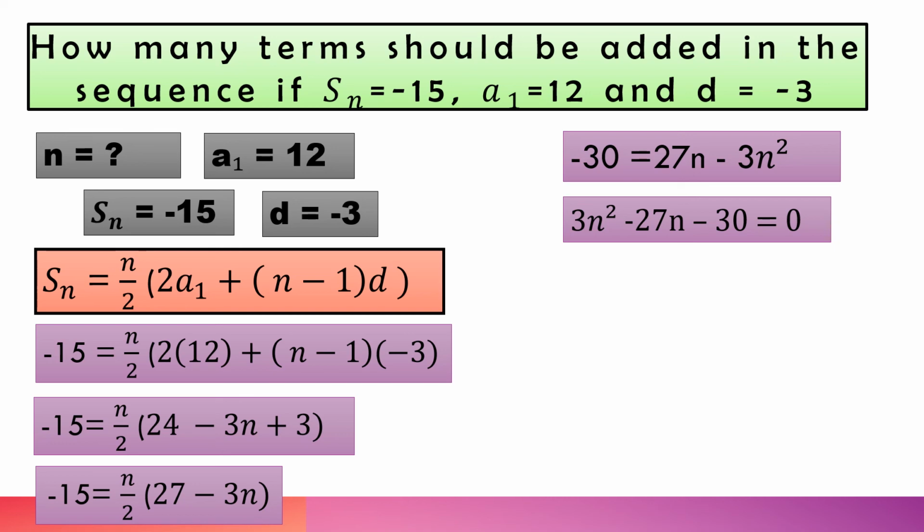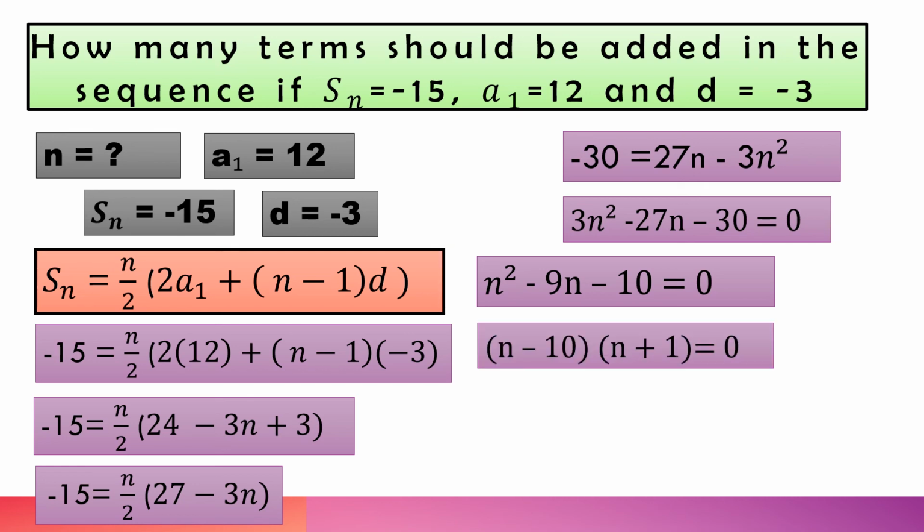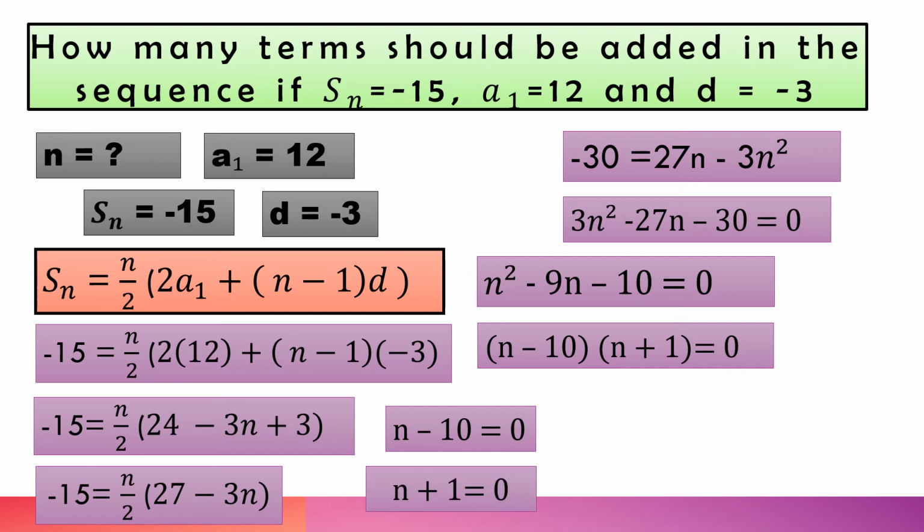Since all terms are divisible by 3, let us divide the whole equation by 3. That is equal to n squared minus 9n minus 10 is equal to 0. Factor out the quadratic equation that is equal to n minus 10 times the quantity n plus 1. Equating both factors to 0, we will then have n minus 10 is equal to 0 and n plus 1 equals 0. Solving for the values of n, we have n is equal to 10 and n is